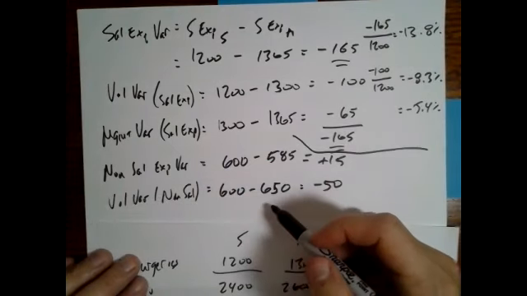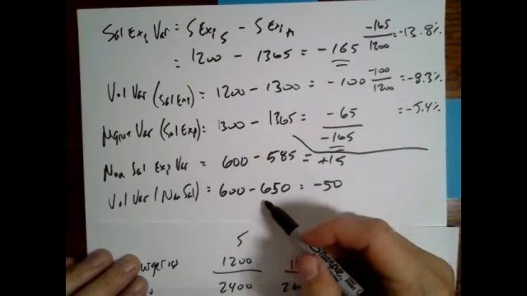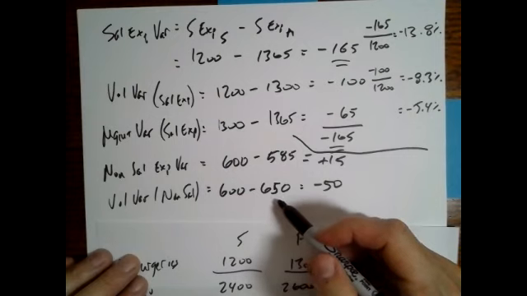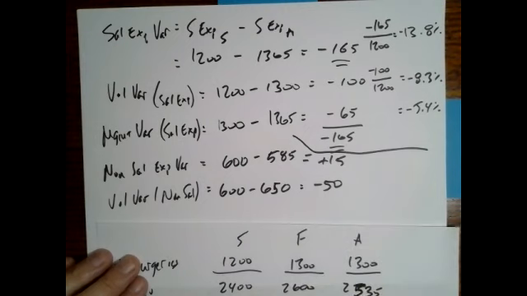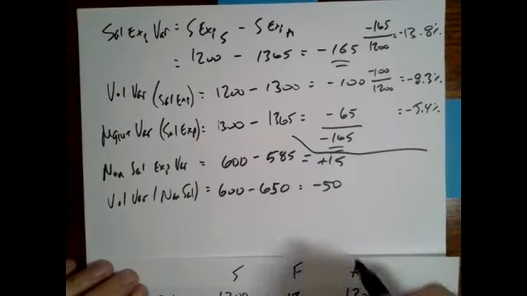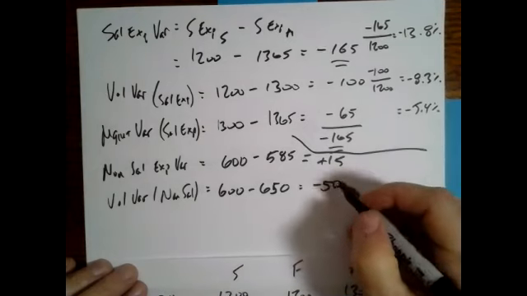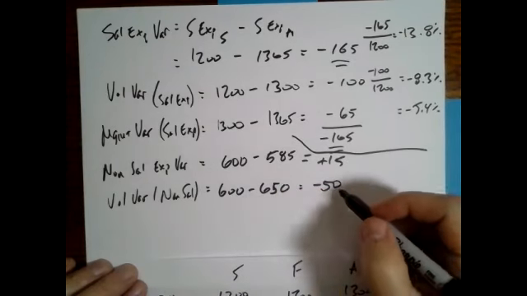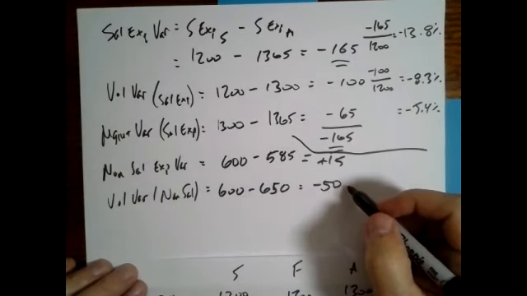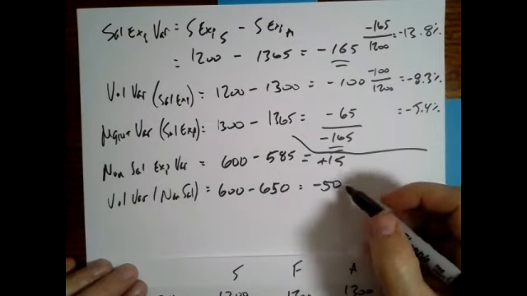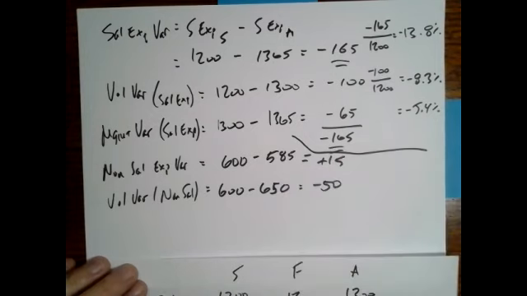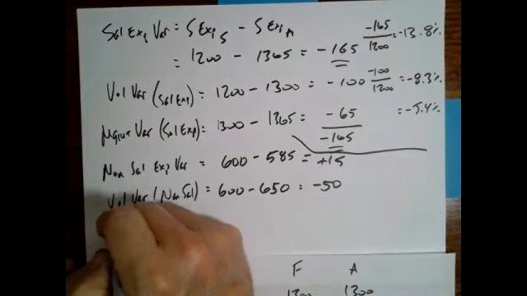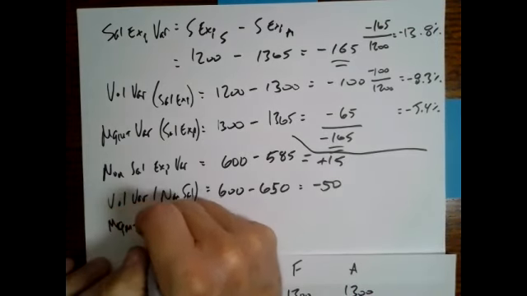So on volume, we're up. We increased our spending on non-salary by 50 based on an increase in volume. Based on the increase in volume, we would expect to have seen an additional 50,000 in non-salary expenses. We actually saw a decrease of 15,000. So that must mean that our managers did a good job